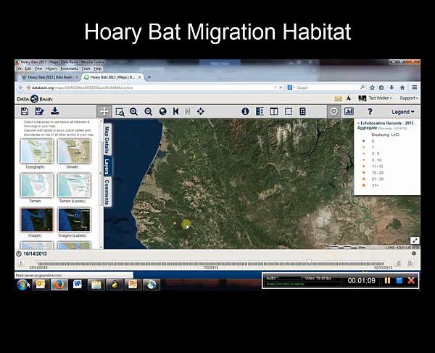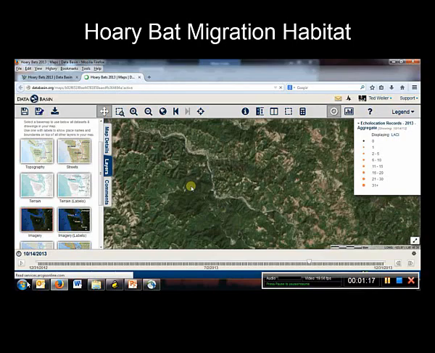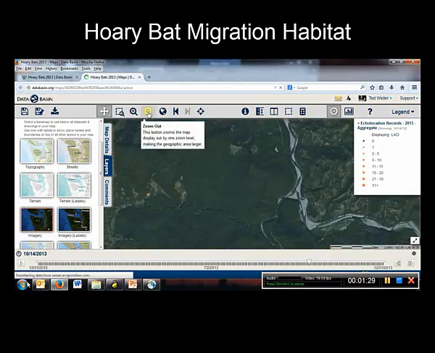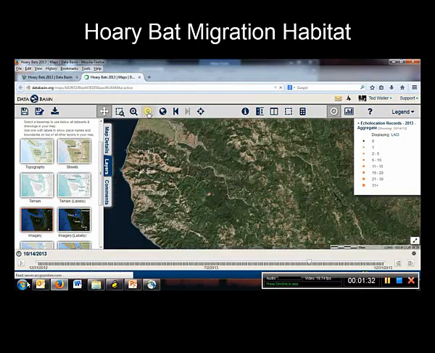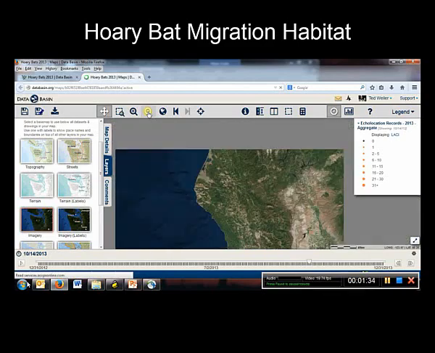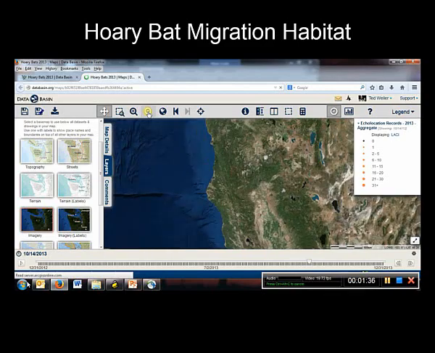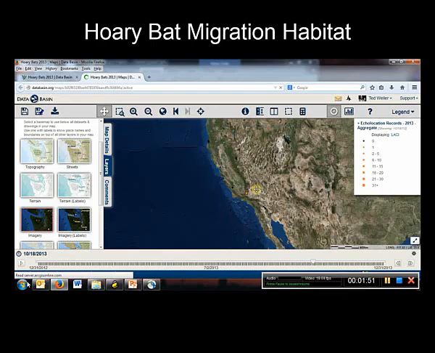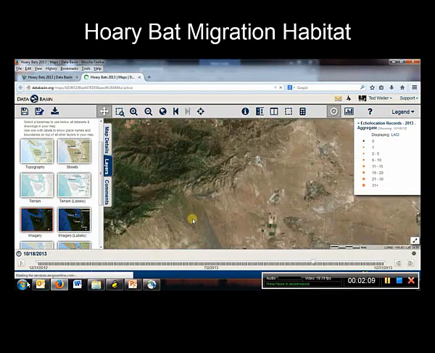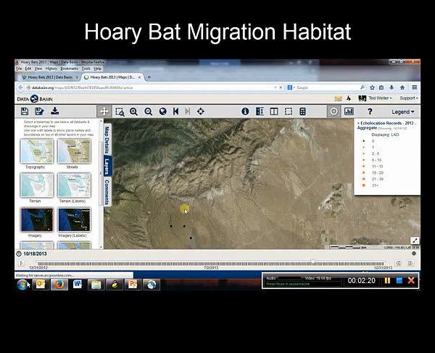Zoom in on my primary study area, which is an old-growth redwood forest here in Northwest California. See, that's where they were during October. And then finally, we could zoom in on Southern California and see that this final detection was actually on the edge of the Mojave Desert at a wind energy facility where I was working.